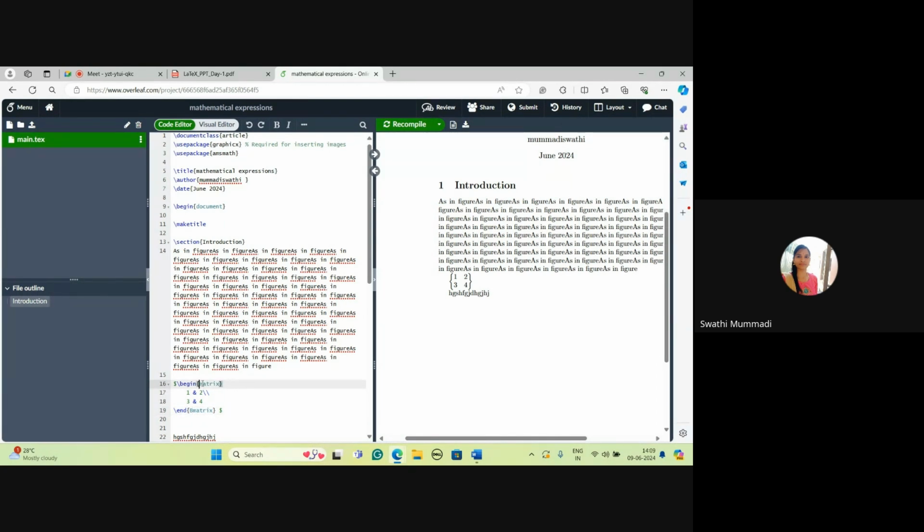For simple vertical lines, we use the V matrix. So only here in the begin matrix, whatever matrix we are taking, there we have to specify whether a single vertical line or multiple vertical lines. All those you have to represent there itself. Apart from that, the content is the same. For example, if you want